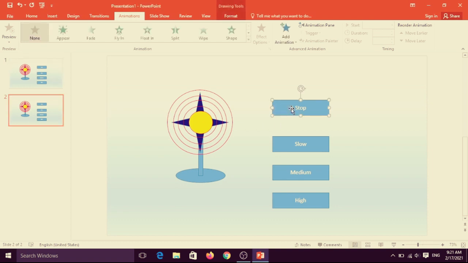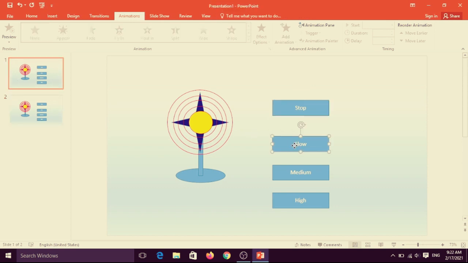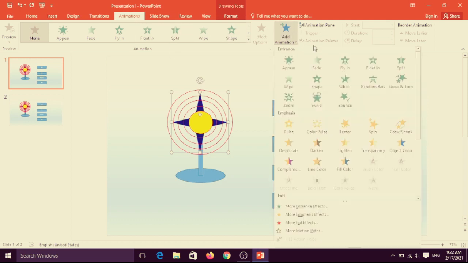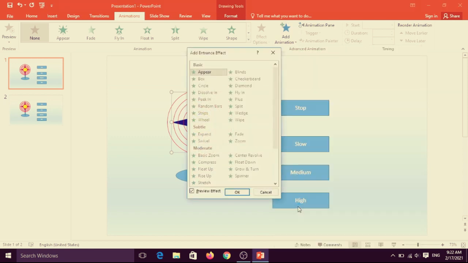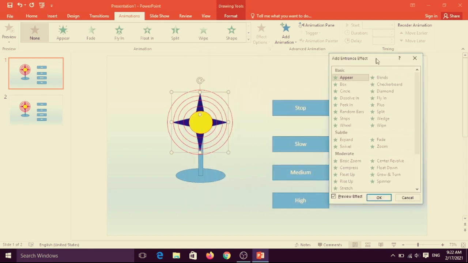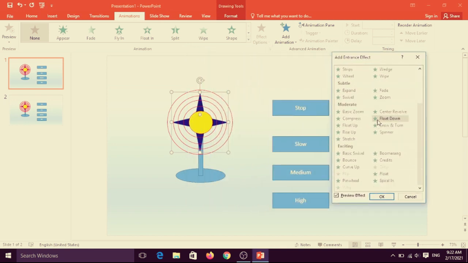It is your home. When you start from here, stop, it will stop on the first screen, and second, when you click on slow it will move. So first click on slow and give the effect. Before that we have to start, and click on Animation, Add Animation. Here are many types of animations. Click on more emphasis and choose Spin from here. See, there is the given Spin.